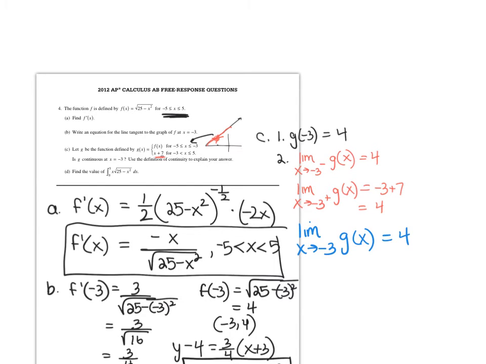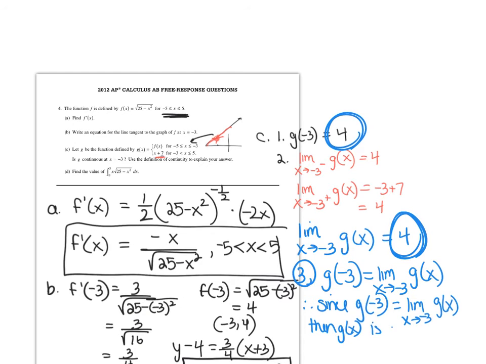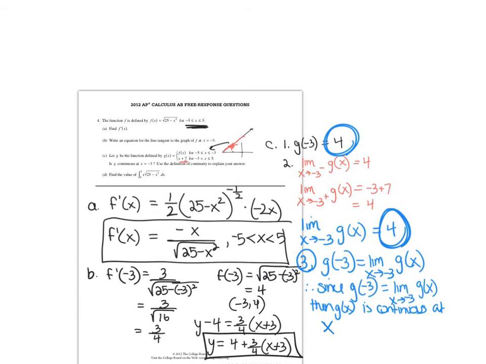Okay, so now the important part here is that this value and this value are equal, and since they are, it is continuous at -3. Okay, so since g of -3 equals the limit as x approaches -3, we know it's continuous. Okay? So since g of -3 equals our limit as x approaches -3 of g of x, then g of x is continuous at x equals -3. Okay, and then part D, that's just asking for the value of that integral, and that should